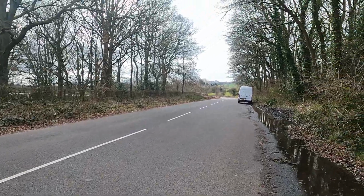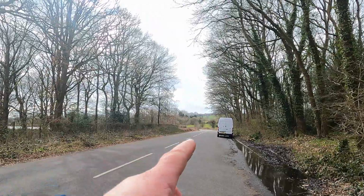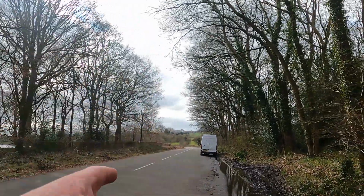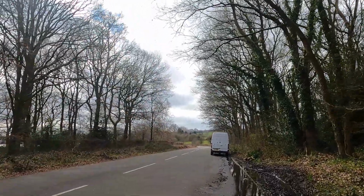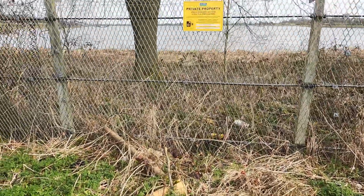Right, back onto the main road. So what we'll do now, we'll just keep on walking this woodland now from the side of it, and then keep going down this main road and just see if it'll actually bring us by the road that I want to go down, which is...